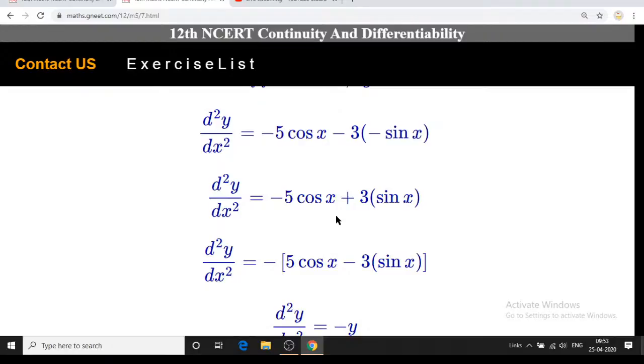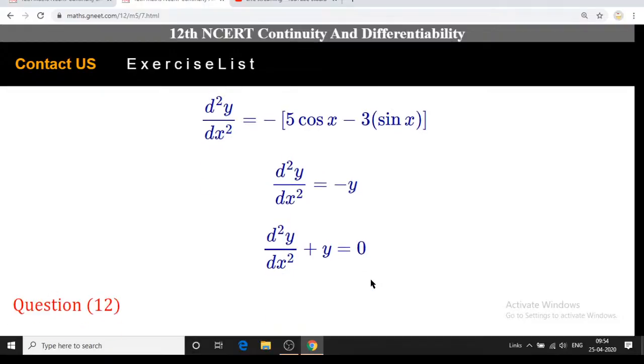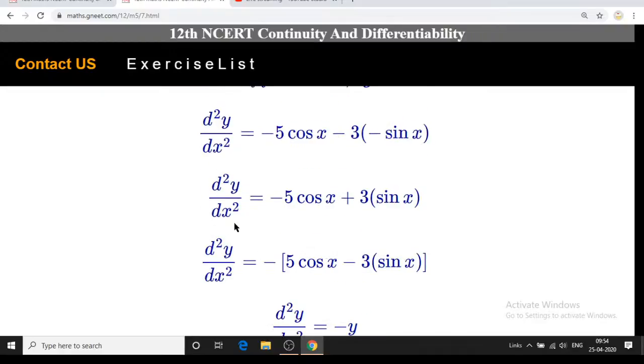Why have I taken the minus sign common? Actually it was not there in both terms, but if I take the minus sign common, then this part will be again the question, that is y. So what I get is equal to minus y. Shift it to this side, you will get plus y, and so that is equal to 0. So we have calculated directly, we have proved. Otherwise, this was your d2y by dx square. Replace this plus y when you write, you will get the answer.